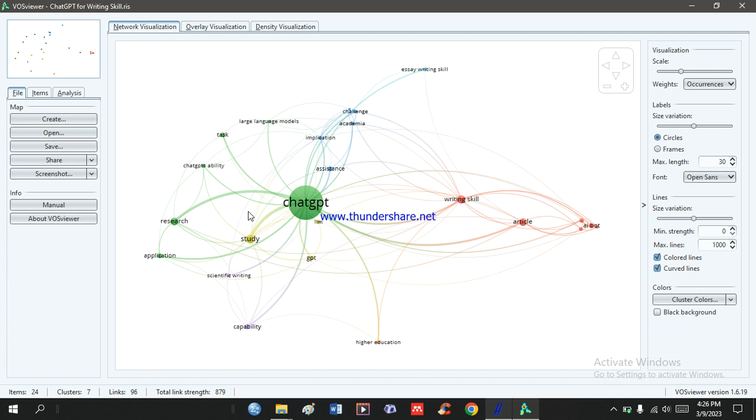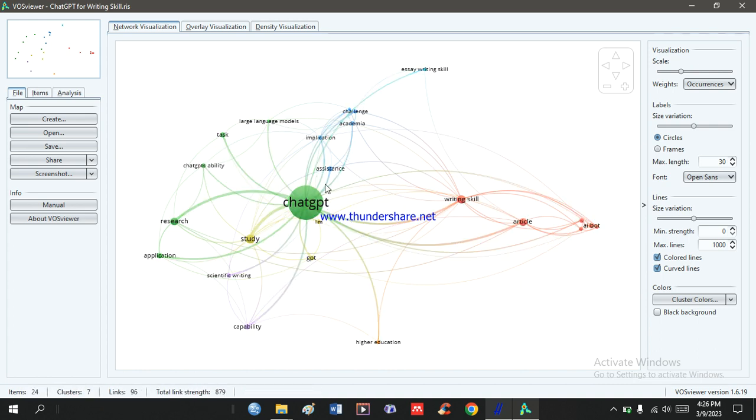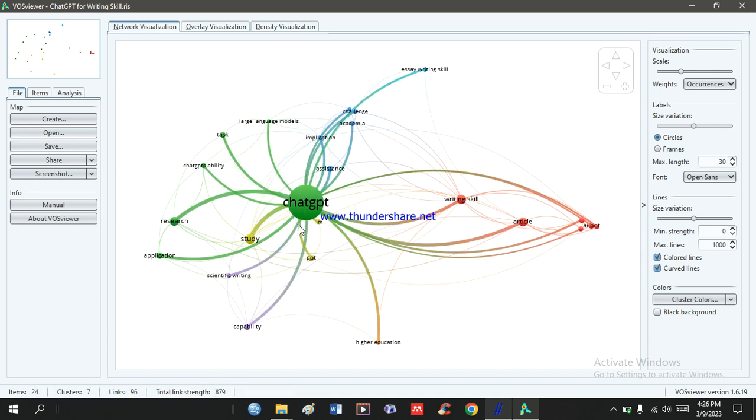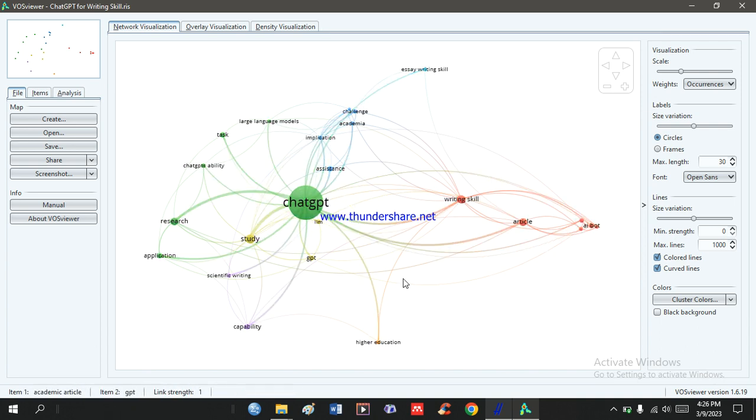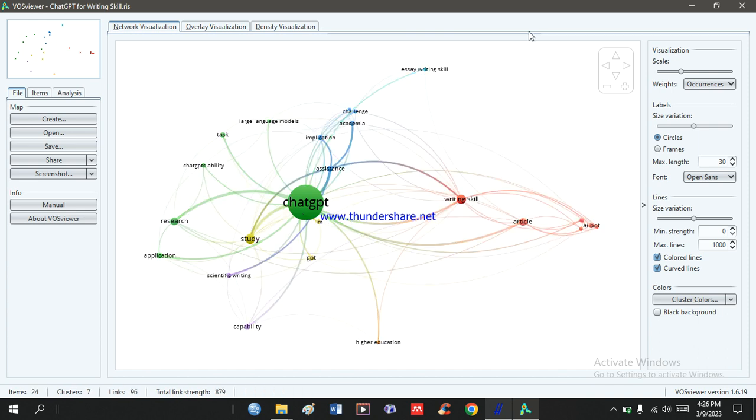Okay, so what we are seeing here is the visualization of the network of each term. So there are the circles and the labels. The larger the circles and the label, the heavier the content. So in here, we can see that ChatGPT is significantly discussed in 2019 to 2023, and then